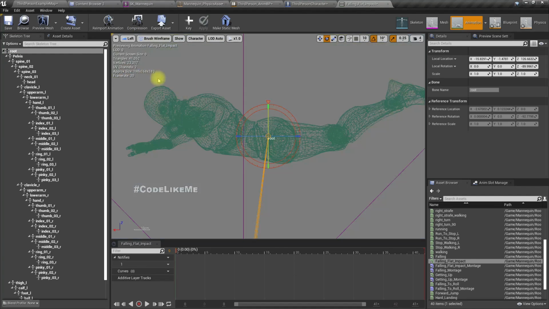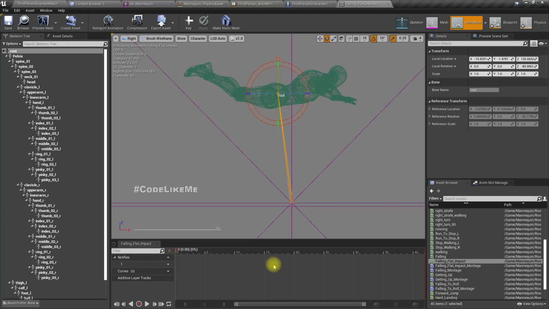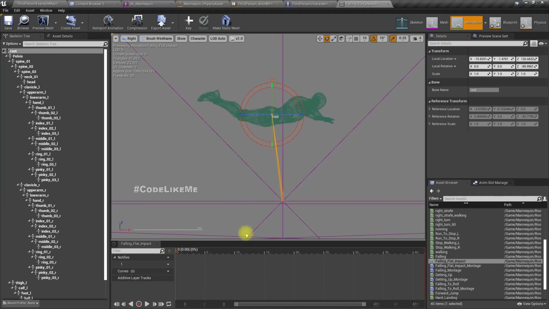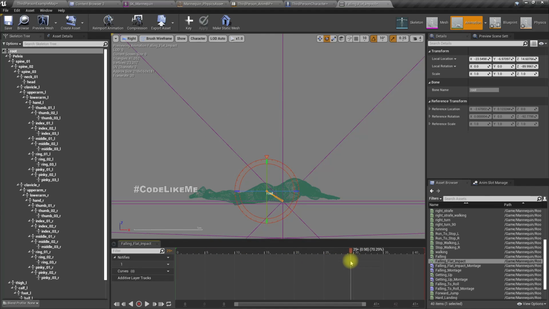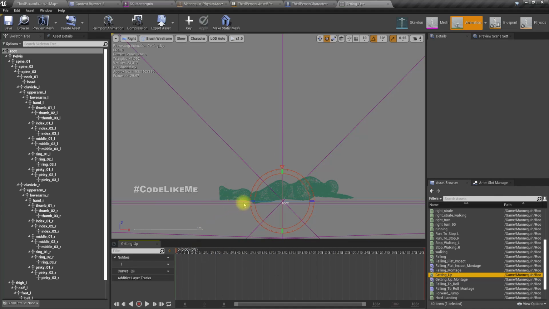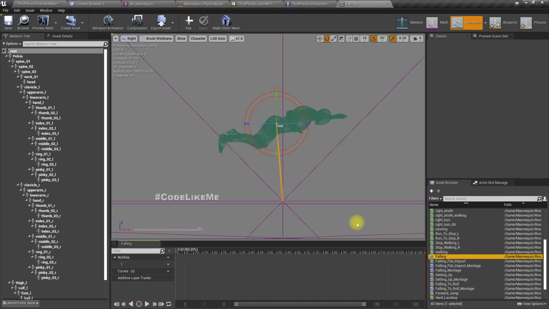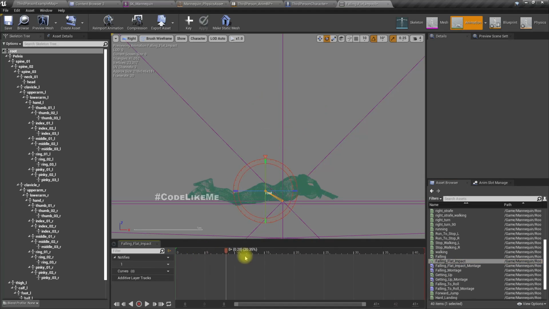Let's go to the right view. It's here. Falling is okay, falling flat is the problem.